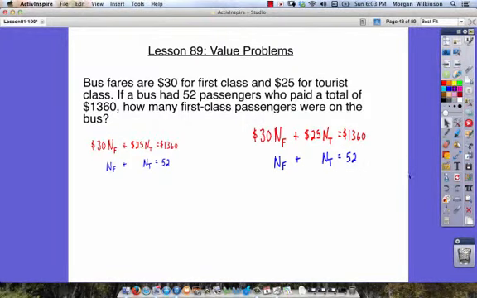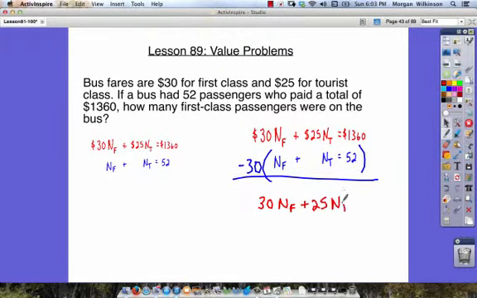Now, in order to do this problem, we need to eliminate n sub f or n sub t. Let's eliminate n sub f because it's first. So in order to do that, let's multiply our second equation by negative 30. And then when we do that, we can find our answer. Because when we multiply that, we're going to get our first piece, which is 30 times n sub f plus 25 times n sub t equals 1,360. And our second part is now going to be negative 30 n sub f minus 30 n sub t equals